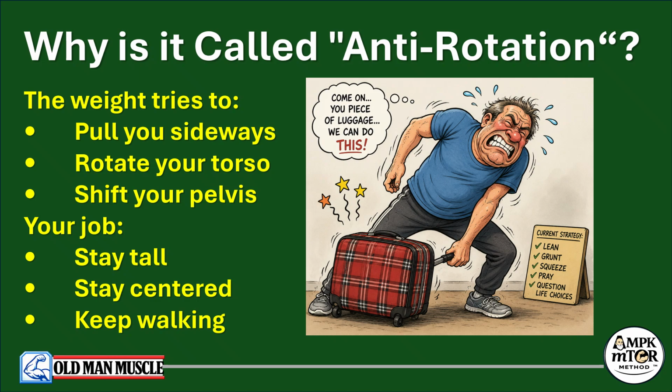So let me briefly explain this anti-rotation business. As soon as a weight is placed in one hand, like with the suitcase carry, gravity begins trying to pull the body out of alignment. You really feel that, especially if the weight is heavy enough. The torso wants to lean toward the weight. You will definitely feel that pull. The pelvis wants to shift, and the spine wants to bend. All of this is going on while the muscles of the trunk, hips, and shoulders have to resist these forces continuously if you are to remain